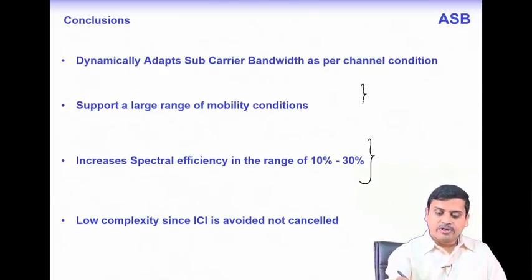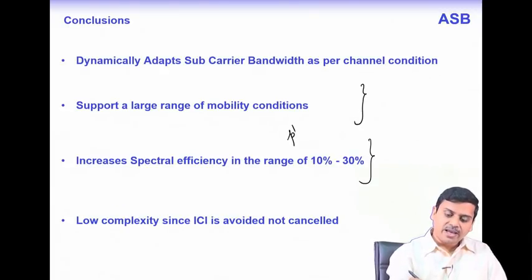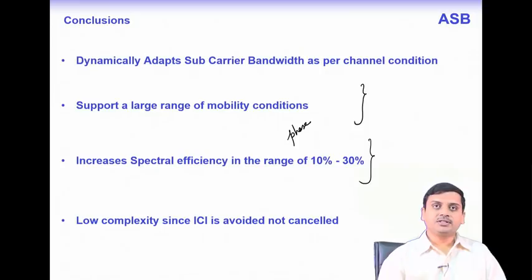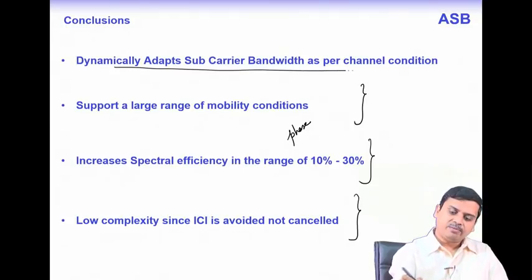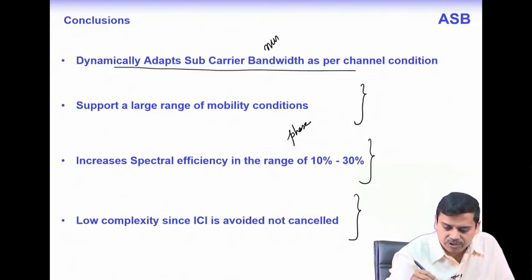It can support different mobility conditions and different phase noise conditions, as well as low complexity ICI management can be done. You need not cancel the ISI, right. Only thing you need to do is to dynamically adapt the subcarrier bandwidth, which you will now term as